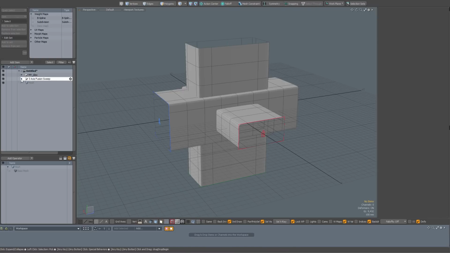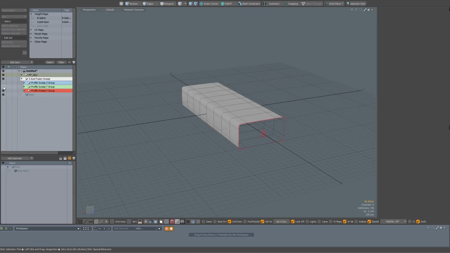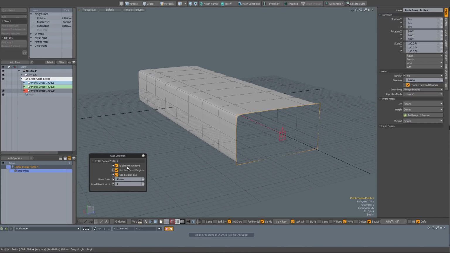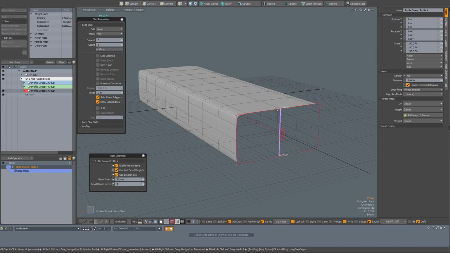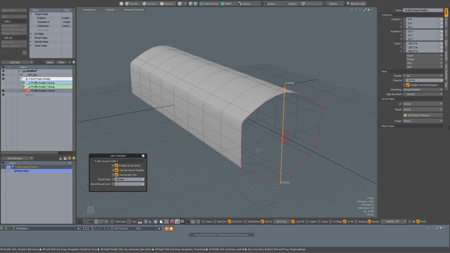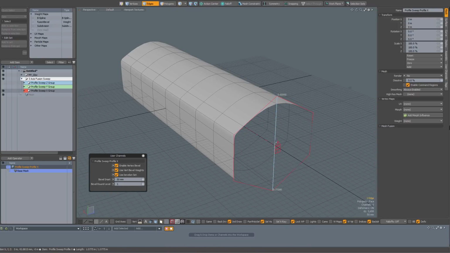So I've started fresh and I have my group locators over here. I'm going to hide the Z and the Y axis for now. I'm going to select my X profile, and I have enable vertex bevel on with bevel weights and use the bevel on set. So when I go to component mode right now, I can do regular modeling operations. So for instance, Alt C and scale this out just like that. Now it's best when you create additional geometry like this to actually delete the inner edges. So Shift Backspace to get clear of that